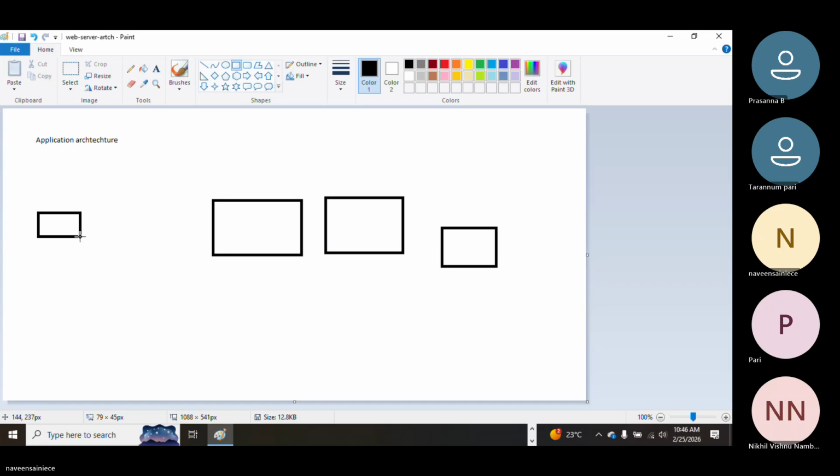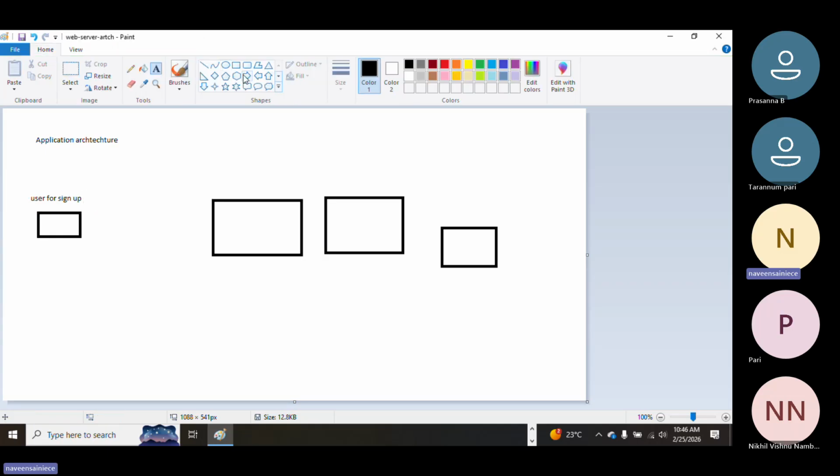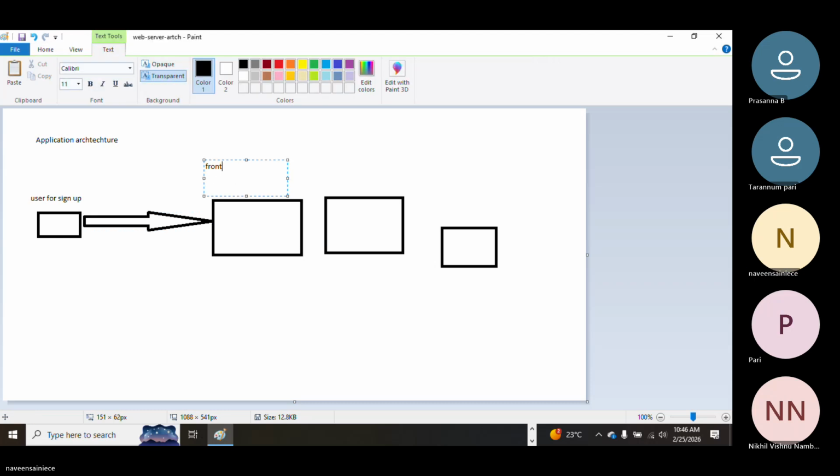This is the user, this user comes for sign up, correct, and it will go to the web application. So it is front end, and this is back end, and this is database.